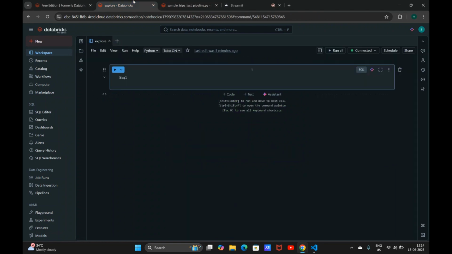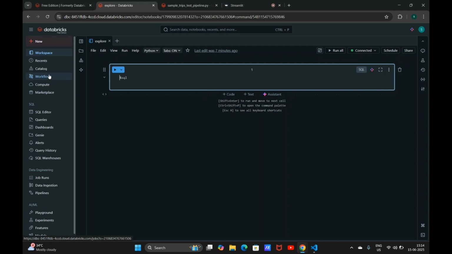Then it creates an account for you, and as per the documentation you don't have access to the account console, but you can do whatever you can do with a particular workspace, and you will be an admin, and you can also add your team members to it. So by default it comes with